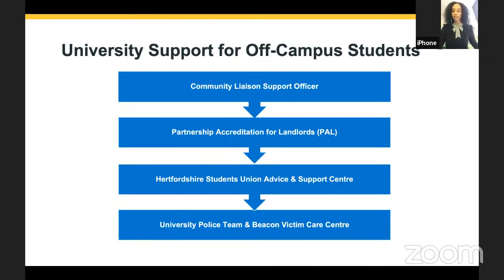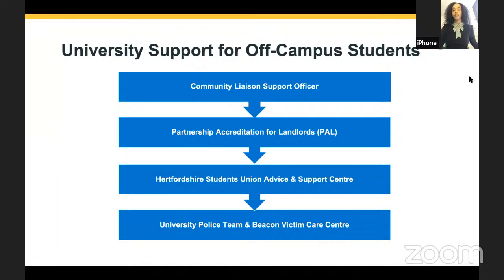Along with keeping the community safe, their goal is to empower victims and help identify what additional support students may need, such as financial hardship, well-being support, mental health, or addiction. And then they work together with the university to try and meet these needs, either through resources from the school or other local organizations. If there's ever an urgent matter, you're still encouraged to call 999, or 101 for non-emergencies. However, you can always email these officers as well if you're a victim of a crime or if you witnessed a crime.